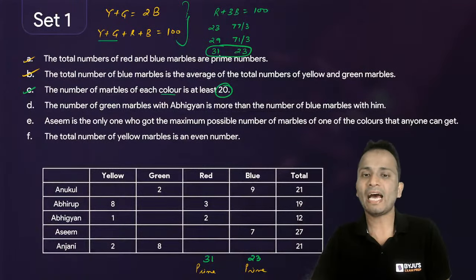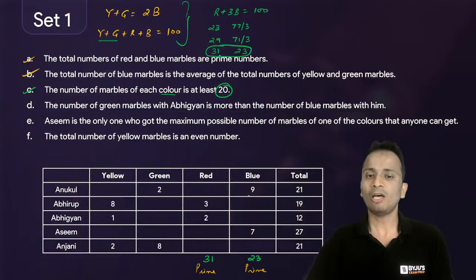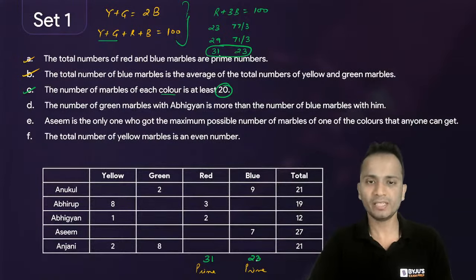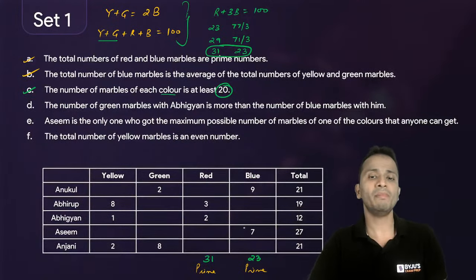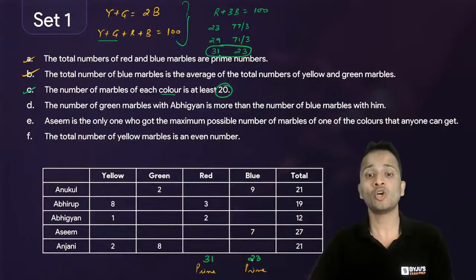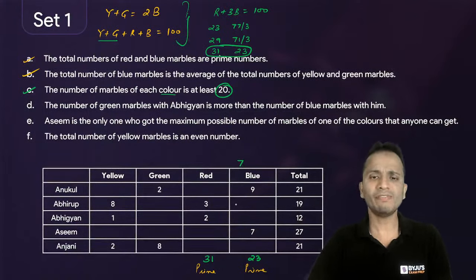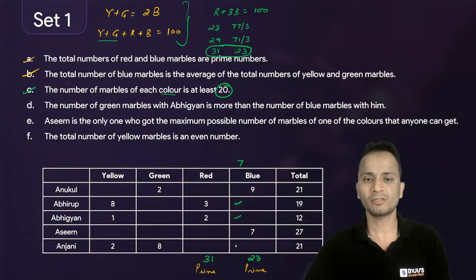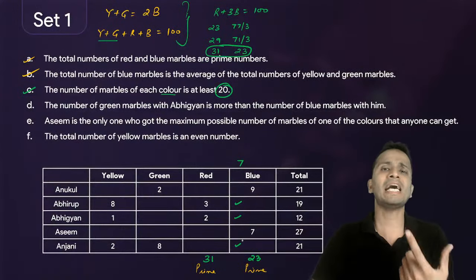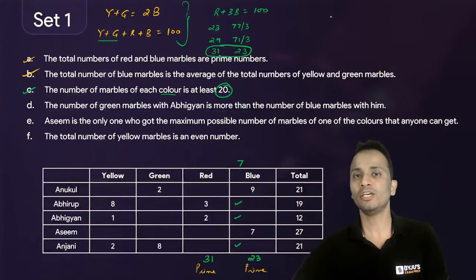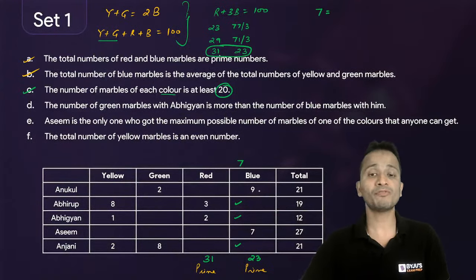Okay, this is what I have got up till now. Okay, now look at the number of blue marbles. I have 9 and 7 in the table for the number of blue marbles and the sum is 23. So the number of blue marbles with the remaining 3 people will be 23 minus 9 minus 7, that means 7. Okay, now 7 should be the sum of these 3 numbers. So in how many ways can I write 7 as the sum of 3 numbers starting from 1 up till 10? So 7 can be written as the sum of 3 distinct